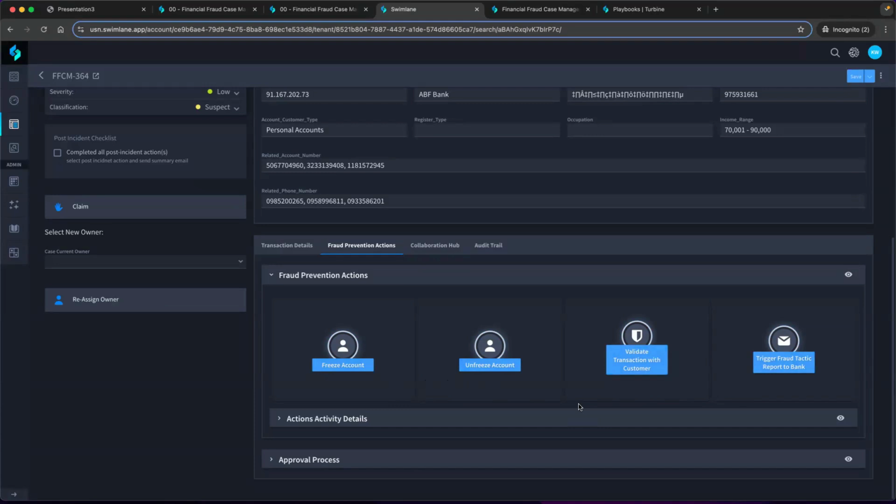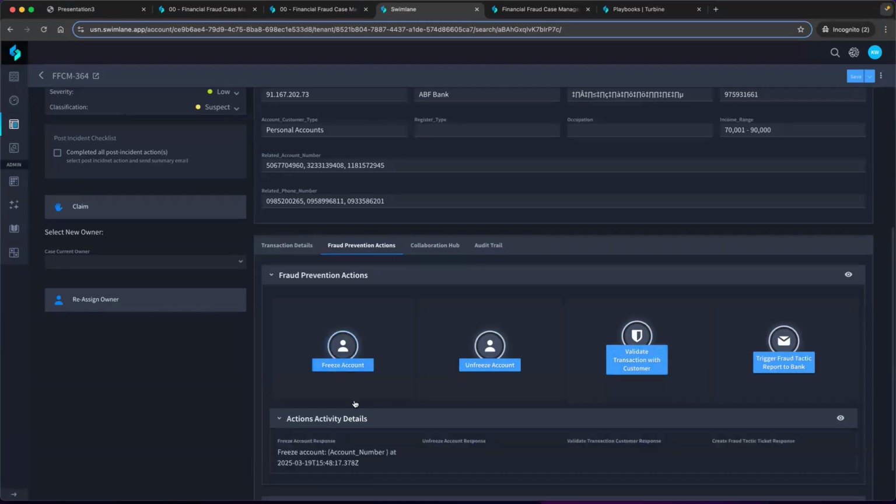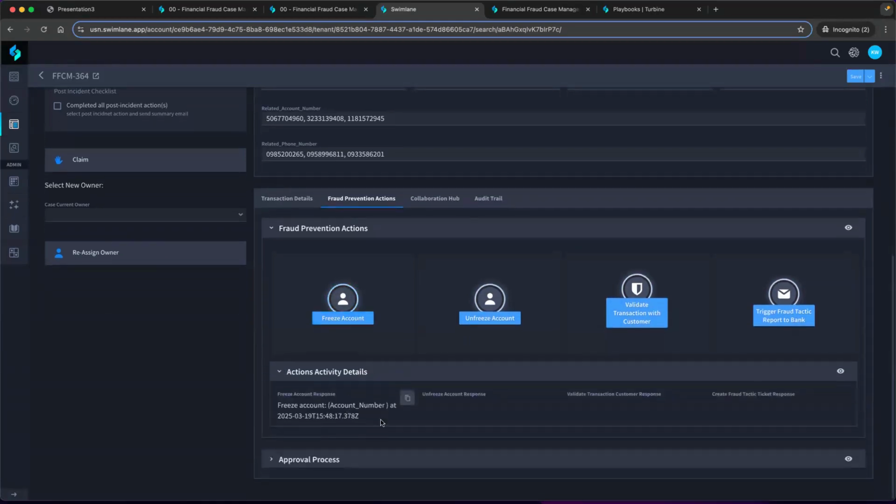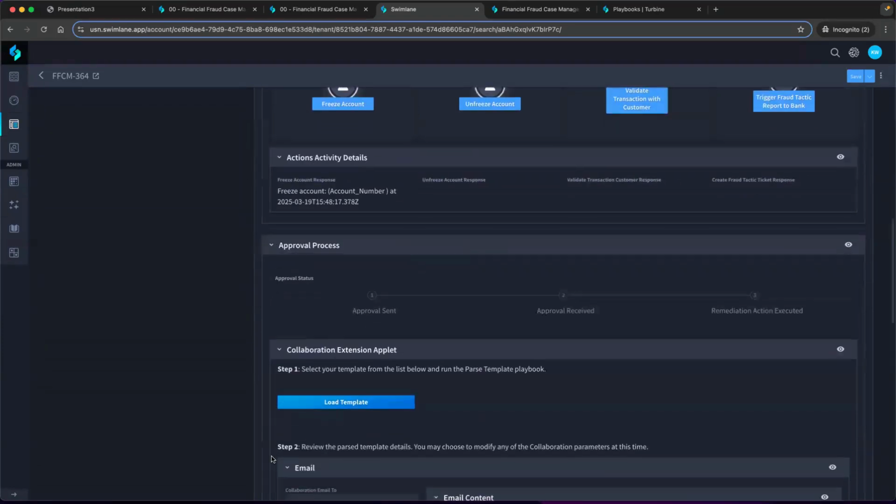in terms of what you want them to control and trigger from this panel. And other than that, we have information like this, whether we are capturing the response after freezing the account, unfreezing the account, and so on and so on, right? When it comes to approval process, we have